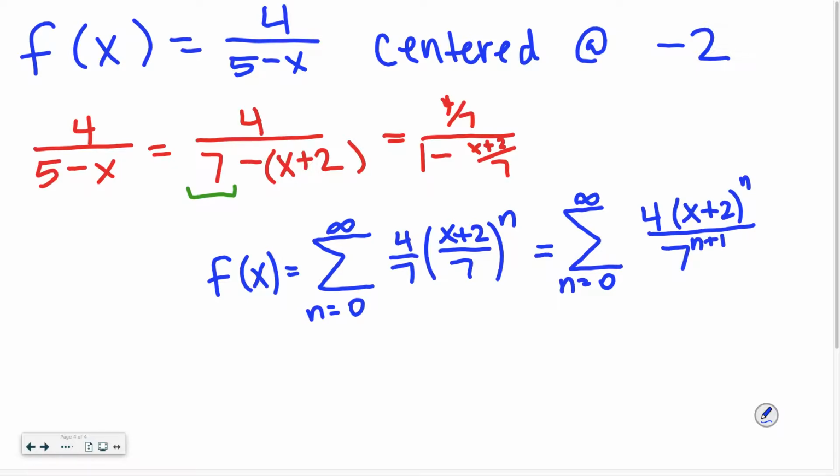Okay, so this is probably how I would rewrite it, just to combine those sevens together. And almost isolate the x plus 2 since that's where we're centered at. Since we're centered at -2, and we have a 7 in the denominator of our R value, this is going to help us determine our radius of convergence. Remember, whatever this R value is, the absolute value of it does need to be less than 1, which means our radius of convergence ends up being 7. So our interval, -9